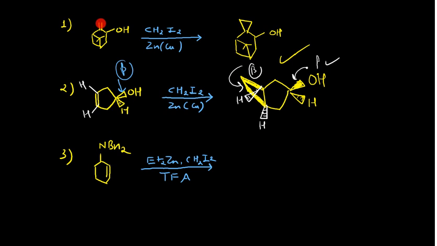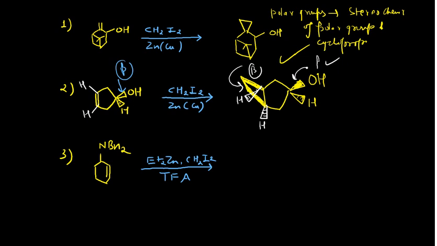But however, if you place CH3 here, I can give you an idea. If you put the CH3 here, then what will happen actually? If you change this, then again if you put the CH3 here, then this cyclopropane bond will form below the plane. So please remember this point. If you have the polar groups, then the stereochemistry of the polar group and cyclopropane would be the same.